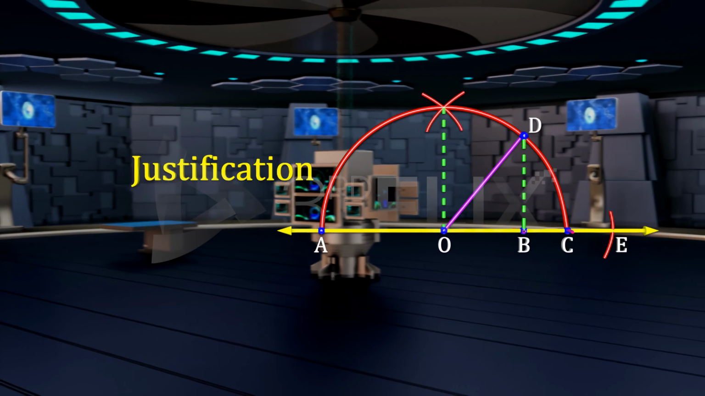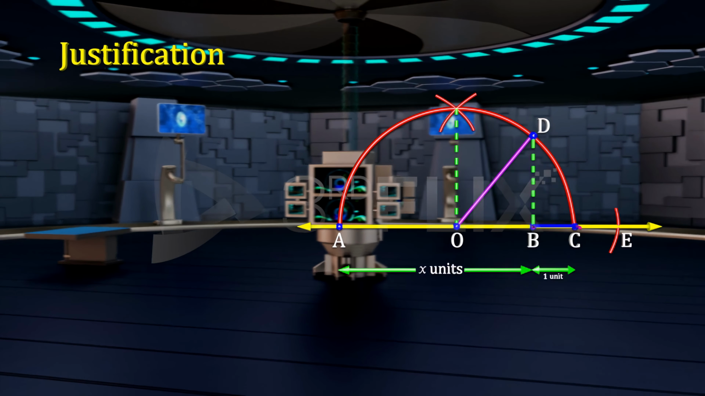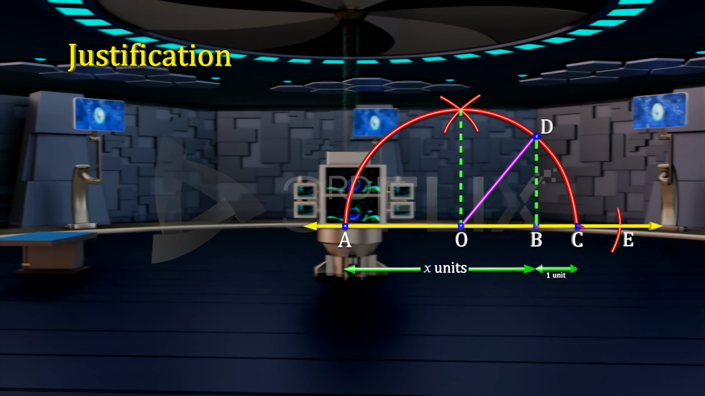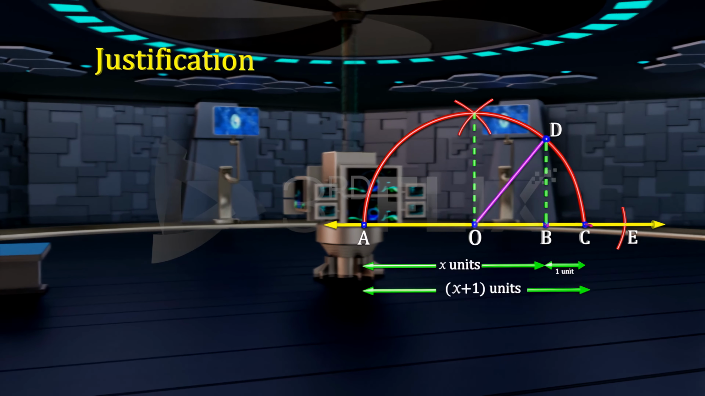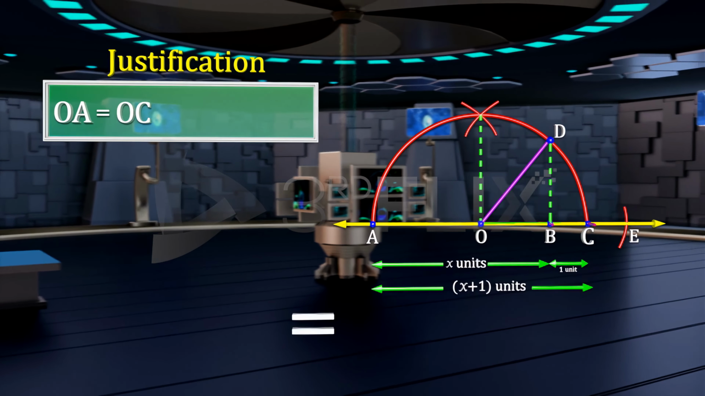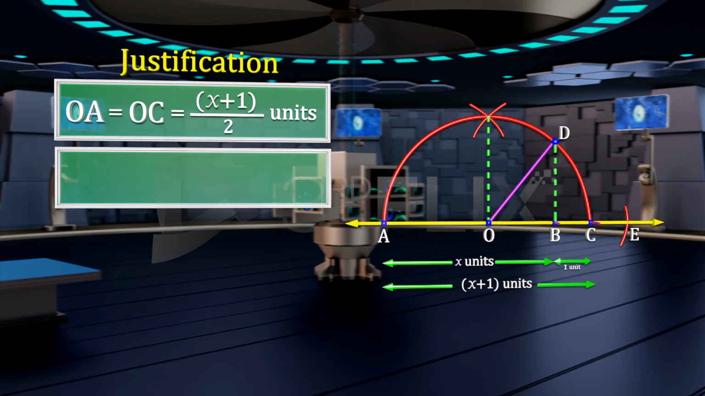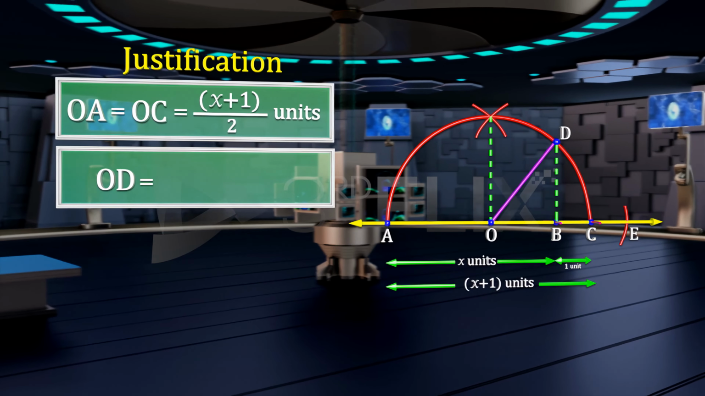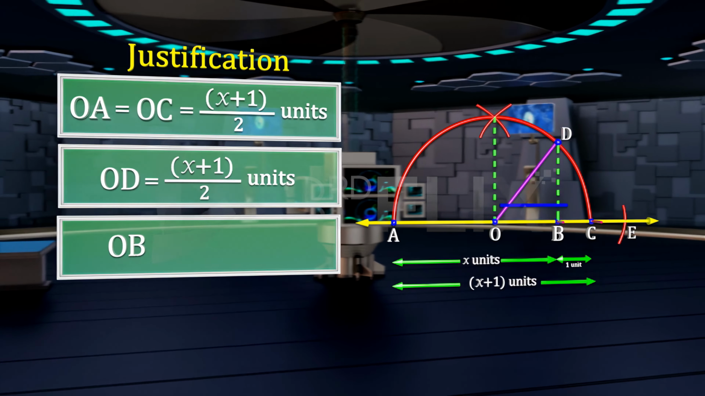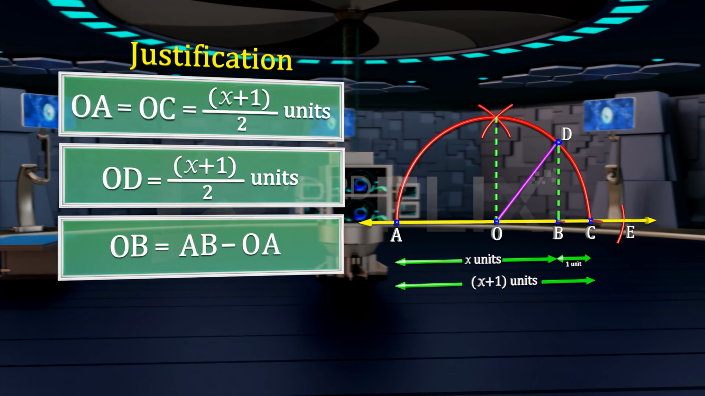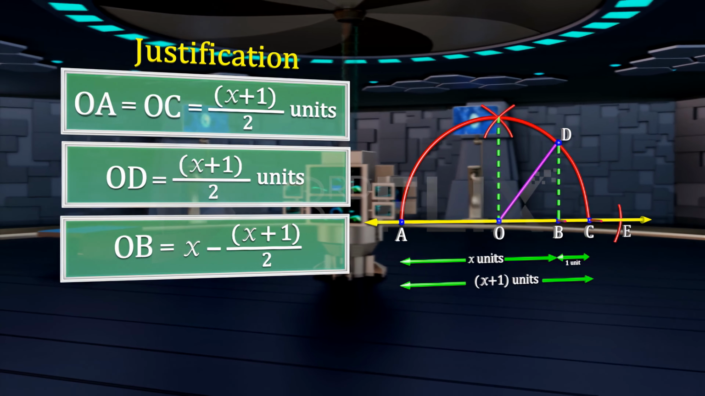Justification. We have AB equals x units and BC equals 1 unit. Therefore, AC equals x plus 1 units. This implies OA equals OC equals (x plus 1) by 2 units, which implies OD equals (x plus 1) by 2 units. Now, OB equals AB minus OA equals x minus (x plus 1) by 2 equals (x minus